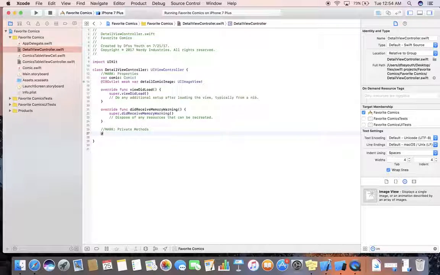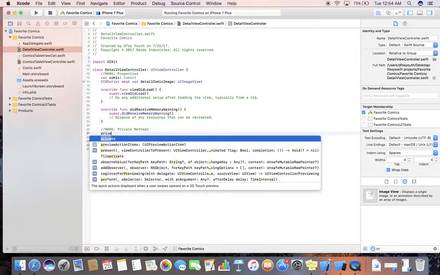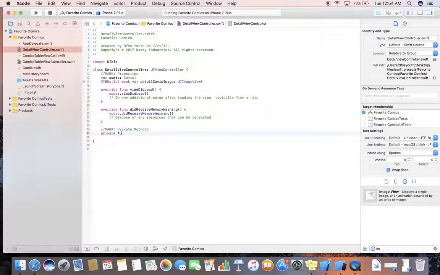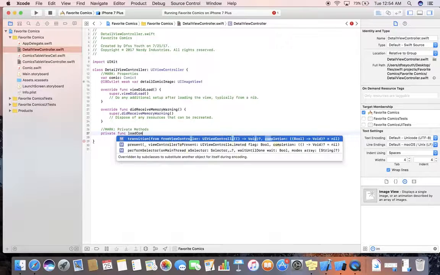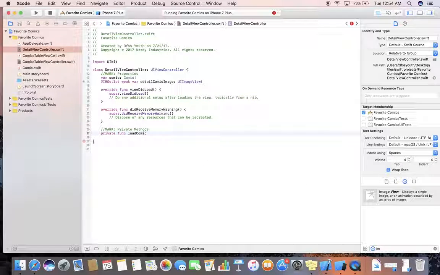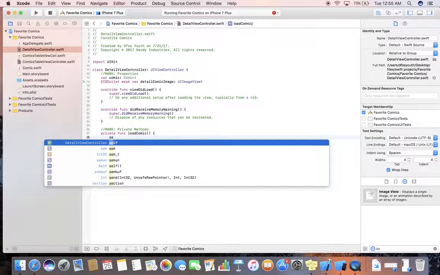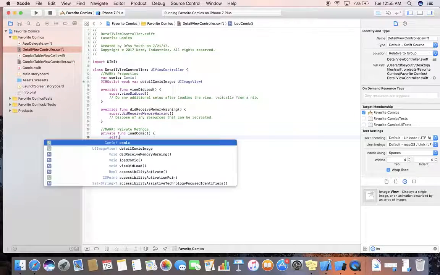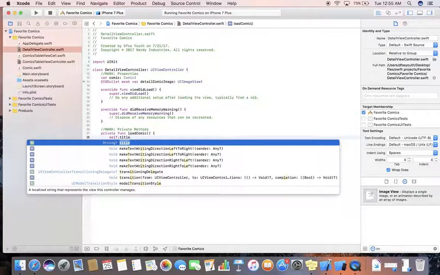Okay, so I sure cannot spell. Private function. So now we're just going to call this, I don't know, loadComic. Private function loadComic. It's not going to take any arguments. And we're just going to be fancy. We're going to set the title, self.title,